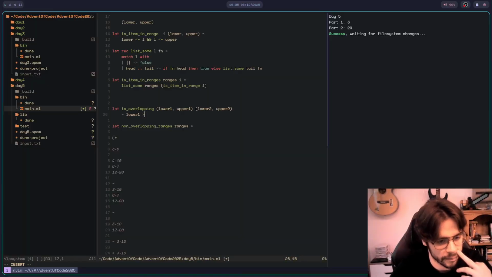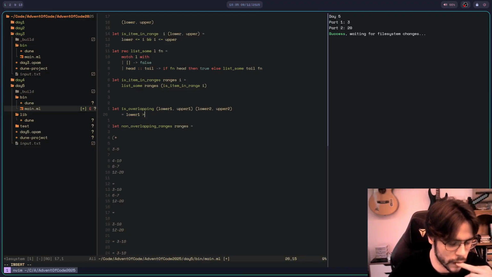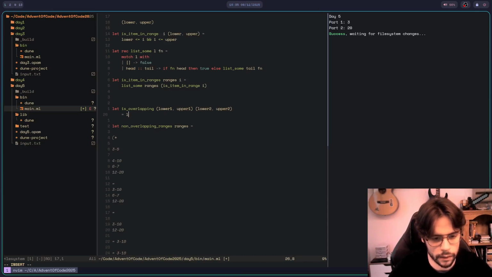Why am I drawing a blank? Can I get the lowest of the two? 3 and 4, 3. Lower 1 is less than